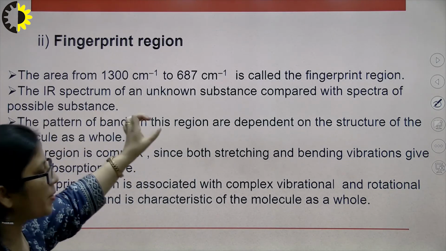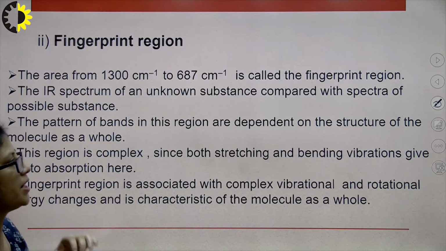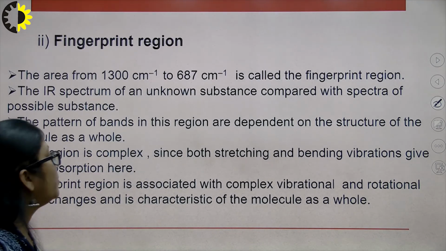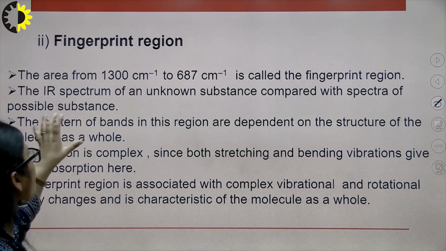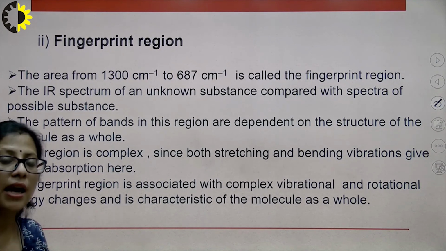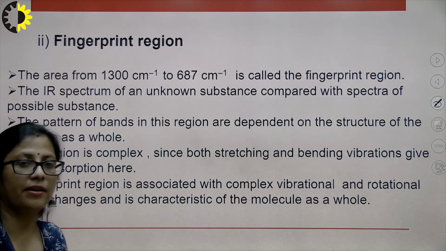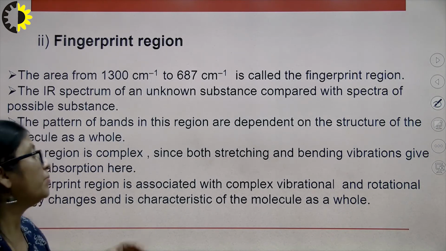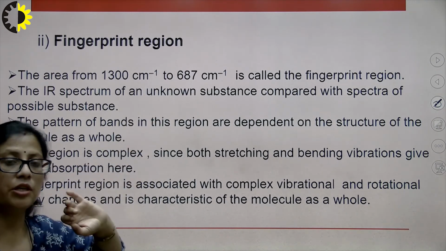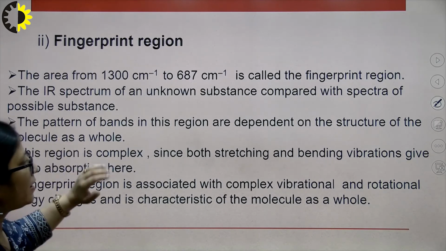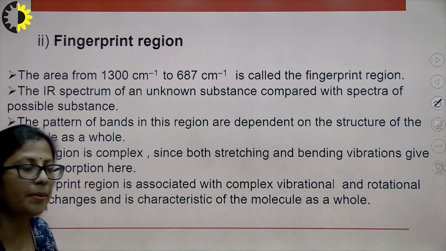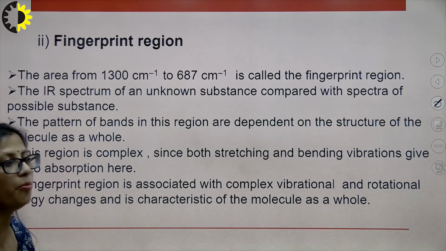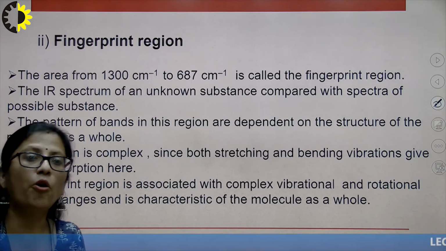Now, the IR spectrum of any unknown substance can be compared with the spectra of possible substances, and you can identify your compound by keeping your unknown sample in this region. The pattern of bands in this region is dependent on the structure of the molecule as a whole, because